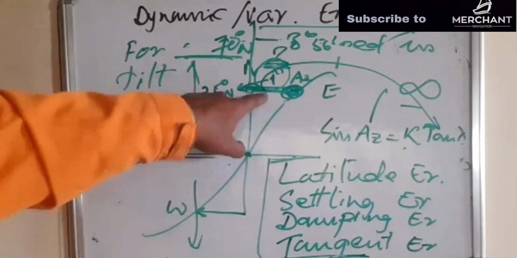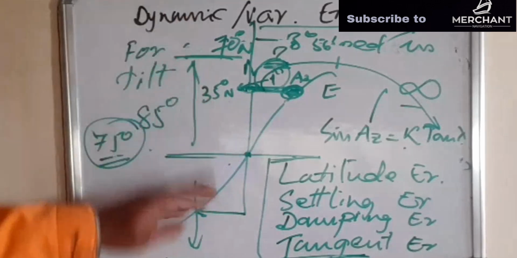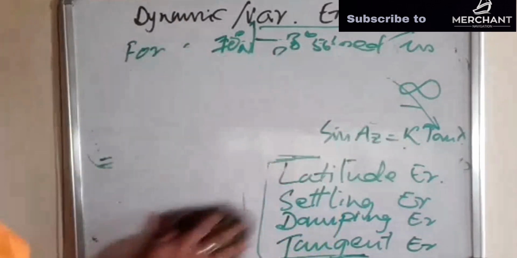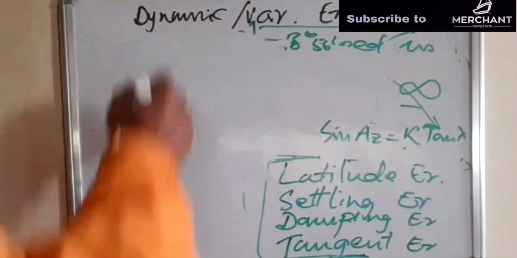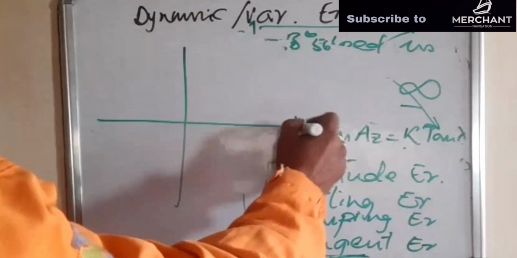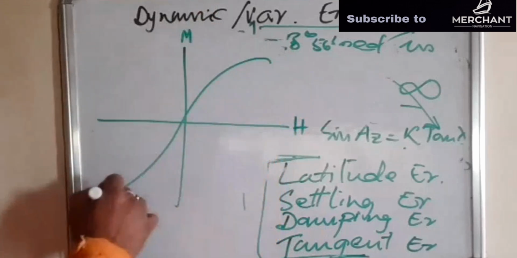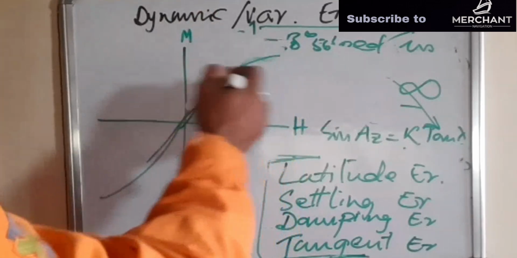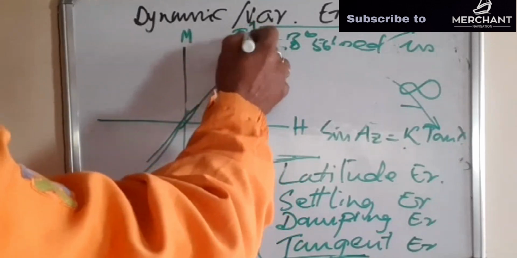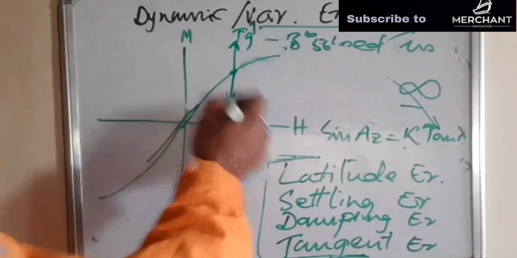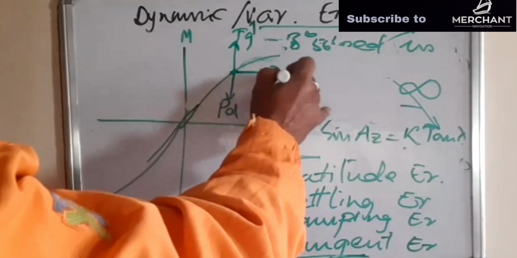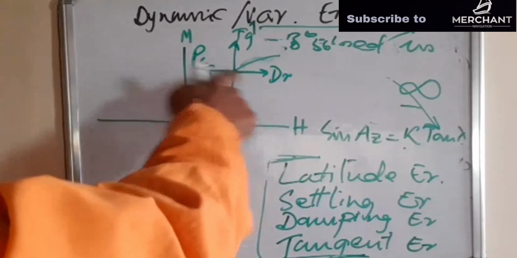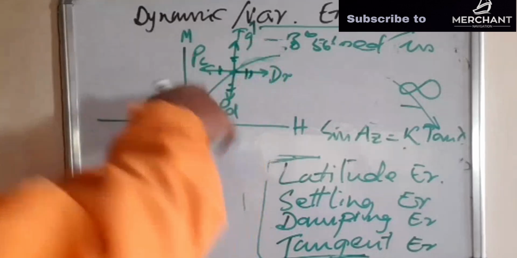You know we are talking about latitude error. Remember this diagram. When you write the answer, make this diagram. More specifically, you can make this diagram in this manner. Horizon, meridian, damping or damping error curve. Here it is settling where the tilting is opposed by damping precession. Drifting is opposed and equaled by control precession. जहां पे ये इक्वल एंड ऑपोजिट हो जाते हैं वहीं पे टिक जाता है।